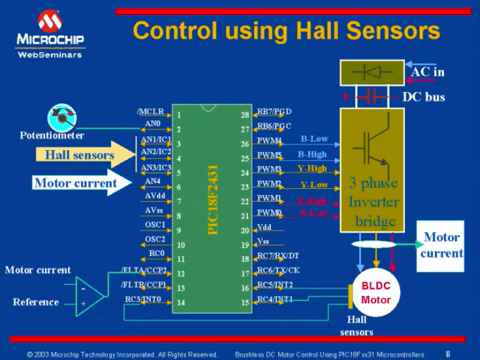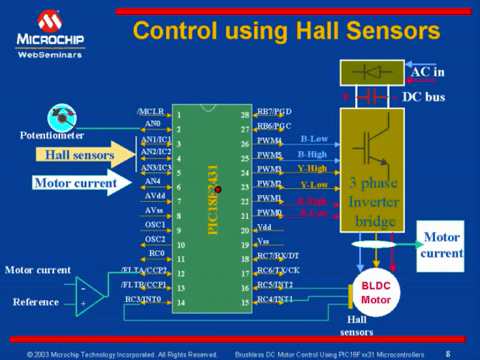rectifying AC input as shown here. This section rectifies AC input and feeds a DC to three-phase inverter bridge. Hall sensors are used for commutation in this example. These three Hall sensors are connected. They can be either connected to interrupt pins INT0, INT1 and INT2 on